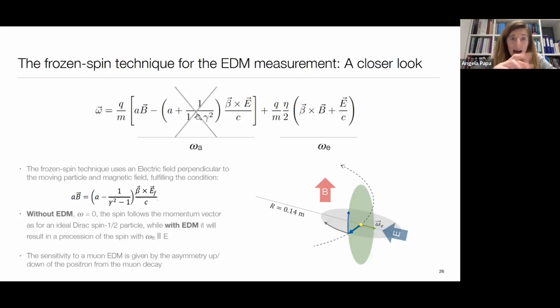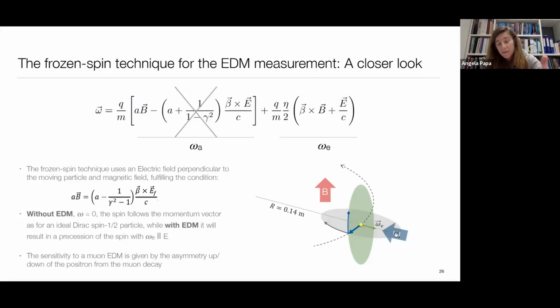And then when you are in this condition, what actually happens is that if you are able to accumulate muons in a sort of right orbit, then if you don't have, let's say, an EDM, the spin follows the momentum vector, while as soon as you have an EDM, it will result in a precession of the spin, and this is going to happen on this plane, the green one,